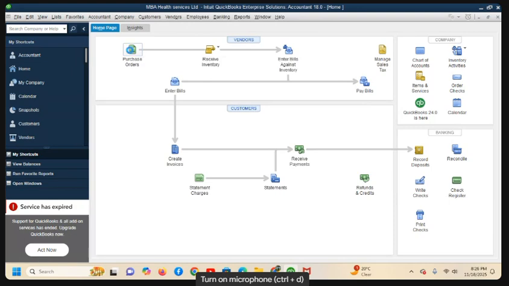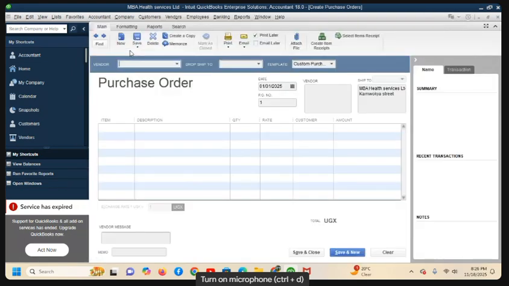So we are going to make an order, ordering from the suppliers' names. Those are vendors here. Vendors, you put the supplier's name. This is the First Pharmacy. If this is our supplier, pharmacy,